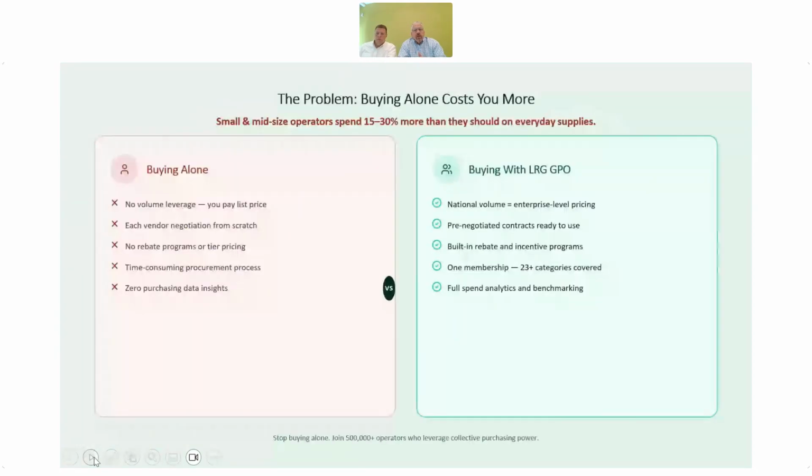But just at a high level, GPOs, what we're doing, first of all, it's free to join. So the GPO doesn't charge you anything. We negotiate fees from vendors, and then we negotiate on your behalf. So we get paid a small administrative fee for simplicity of contracts and things like that. So it doesn't cost you anything, but what it does is help you leverage your volume to go in and